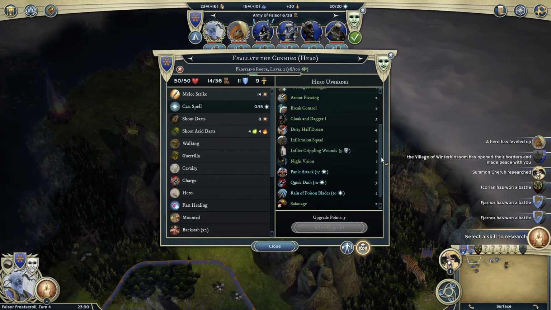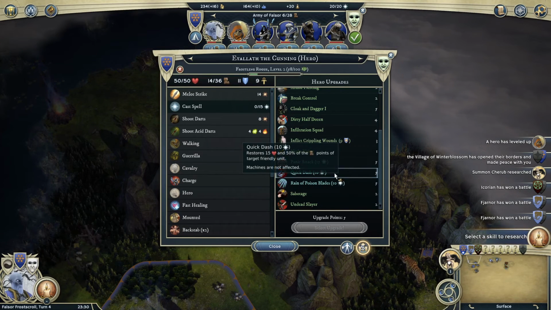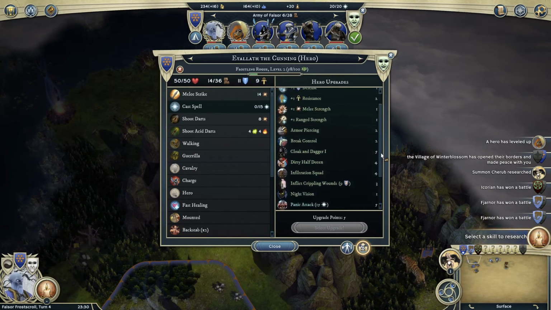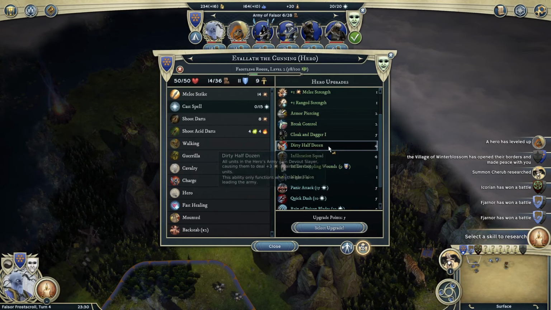Cloak and Dagger means more casting points. Rogue has access to some half-decent spells as well. Actually, Quick Dash isn't bad as it gives you a healing capability there using your casting points. That's not a bad option. But I think maybe I'll go Dirty Half Dozen just to... I mean, again, we're not going to be fighting that many Devout units, I don't think, but...